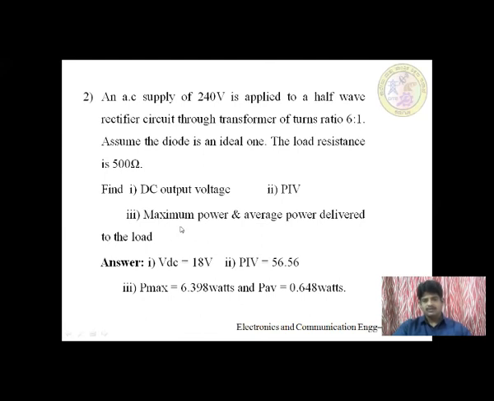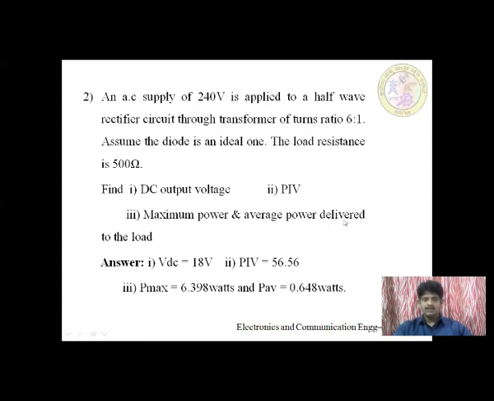So which equation do we have to use to calculate the maximum power? V square by R. Because we have a V from this equation, and we have an R. So if you calculate the maximum, V square by R, V is the VM here. Because we have the VM, VM square by R, we'll get this.